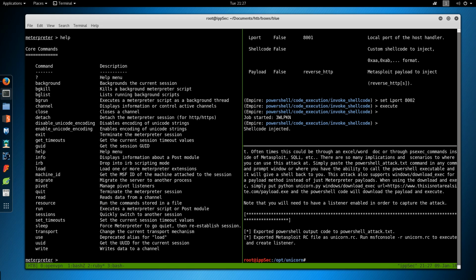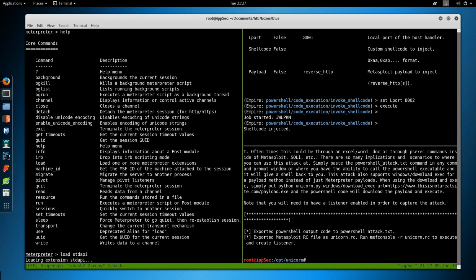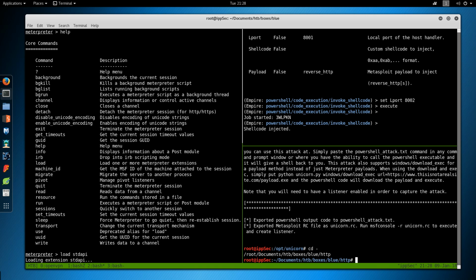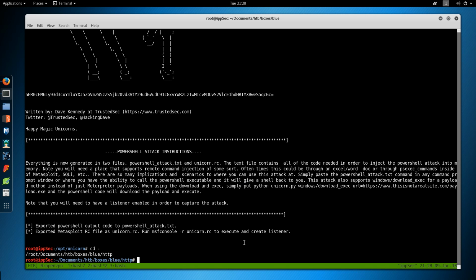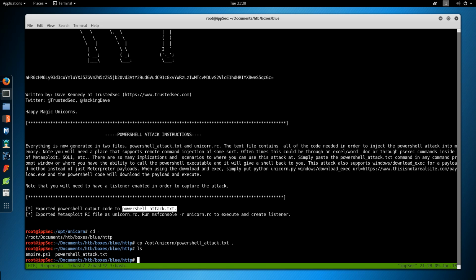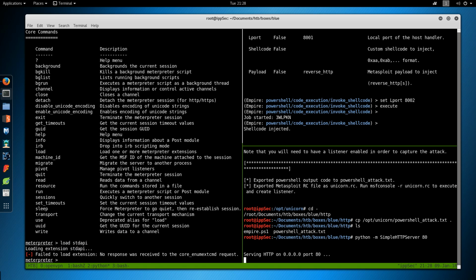And we still don't have the standard API. We can try loading it, and then Meterpreter is going to crash. So, Unicorn created a file called powershell_attack.txt. So we can just cp opt unicorn powershell_attack.txt to a directory, start the simple HTTP server up again, and